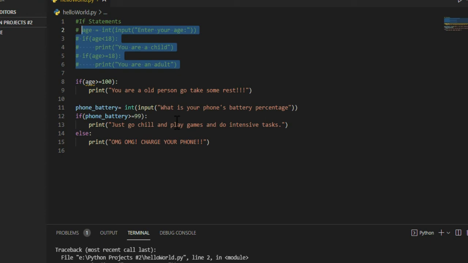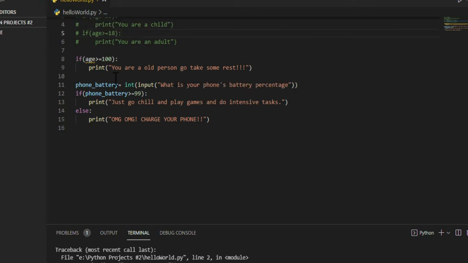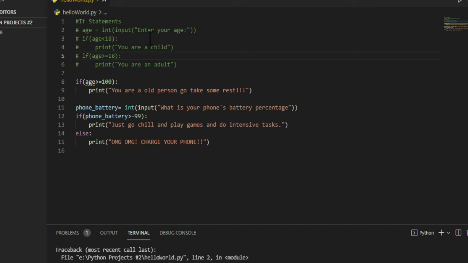Invalid literal for int. Int input, just go chill. And what's the problem in this one? I already told you that I'm not a professional coder, unlike all of those tutorials, so you can't really trust me with it, can you now? Line 2, it's telling me about line 2, but I don't know. Okay,